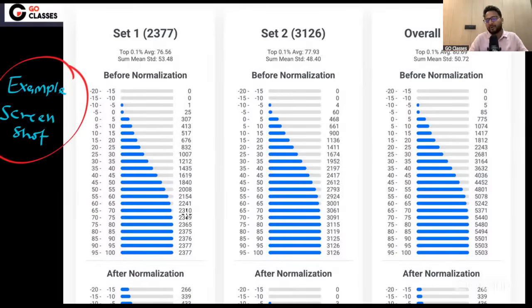I don't want to say any fancy word about the normalization. Just take it with a pinch of salt that somehow it works. So don't worry about the normalization process, how it is working, how it is not working. Why are we stressing so much on this? Because after GATE we have seen many aspirants doing it, which is okay, because after it we generally have a lot of time, and at that time, if you are discussing, that should be fine. But currently I don't think that this should be your focus.